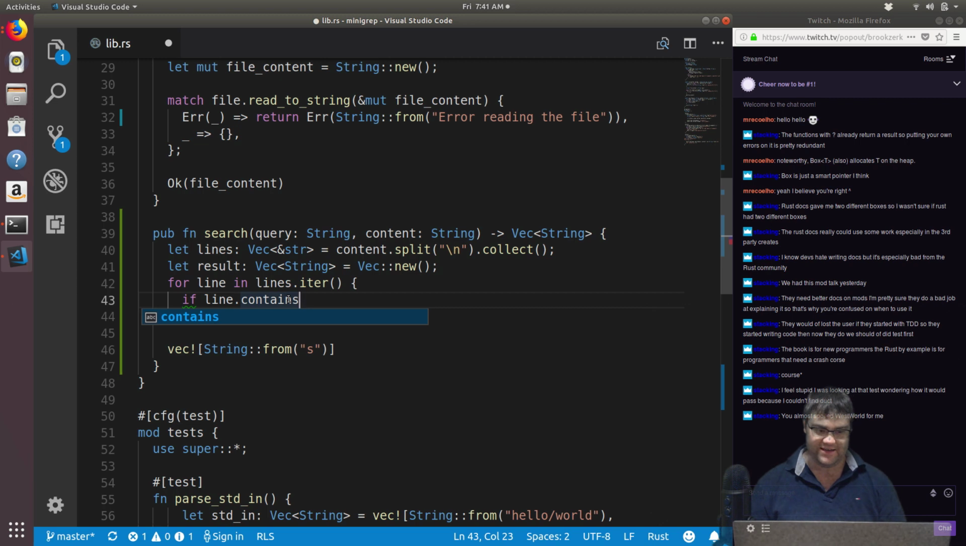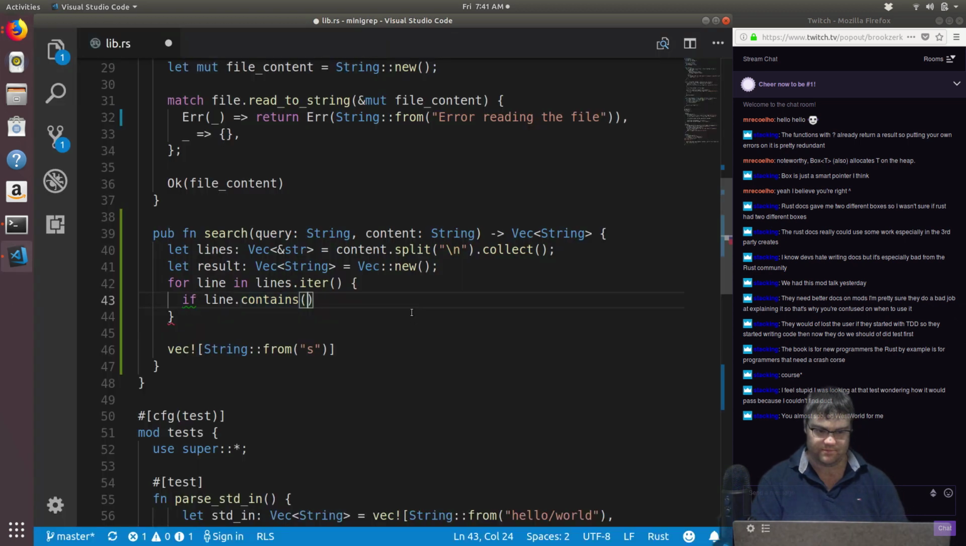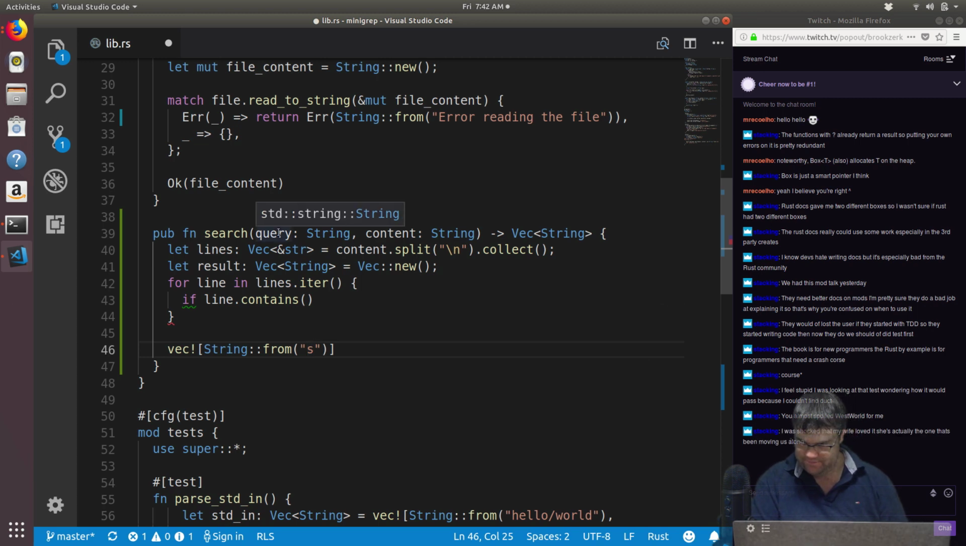Okay, so if line contains, and what are we passing in? A str, so a reference string. So that would be our query here. And I guess at this point in time,